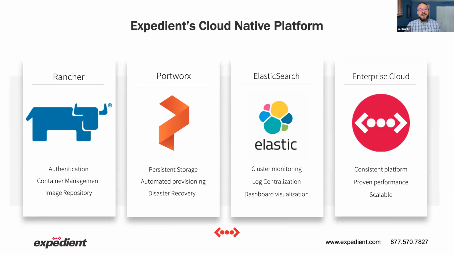But that is our Expedient Cloud Native platform. With our Rancher platform, we can do authentication, container management, and our image repository. So we can have all of these things baked in and native to the platform. You don't have to configure them. We can integrate with your Active Directory, your Azure AD through a platform called One Login. So that allows us to do all of the authentication things that you need to do without having to manage